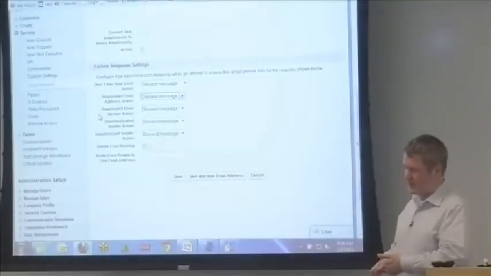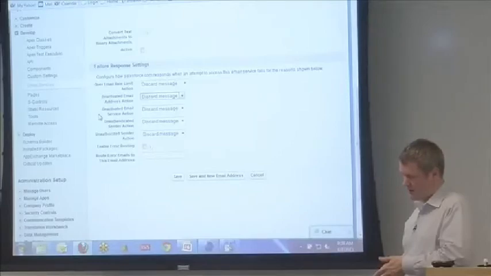One thing that I think is a best practice is when you are inside of a sandbox and you're testing this, I recommend that you set these to bounce. And the reason is if you're doing some development, and let's say that you forgot to check the active button on your email service, by default it's set to discard, but you want to be notified, this has been deactivated,